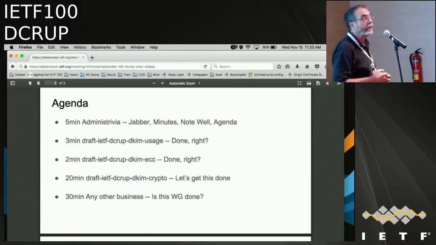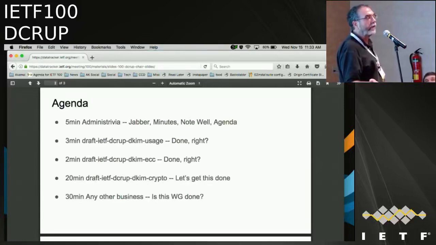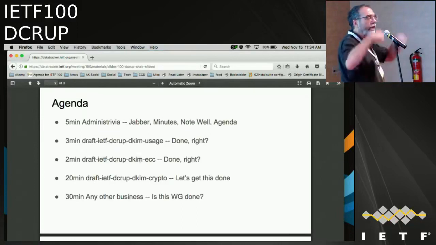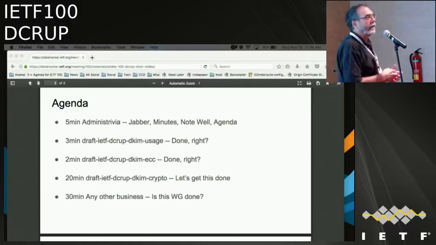Assuming that we are still interested in the elliptic curve algorithm, there are two versions of ED25519. There's the pure version, and there's the hashed version. My document has said to use the pure version because the canonicalization already hashes stuff. However, everybody who knows about these crypto libraries tells me that the only one anybody's actually going to implement is the hashed version. After beating back some suggestions like, you can simply unwind all of the code that does the hashing, we're not going to do that.